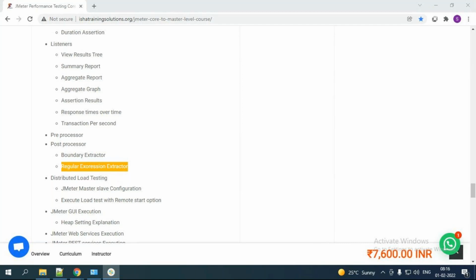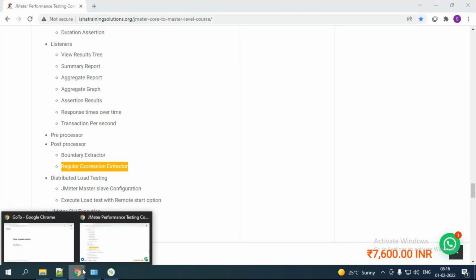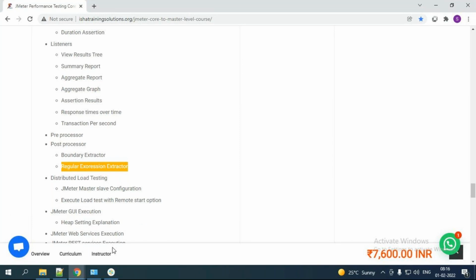Coming back, not only that, I don't want to complete this only by telling the components that are available in JMeter. I wanted to expand your knowledge, right? So there is a concept called